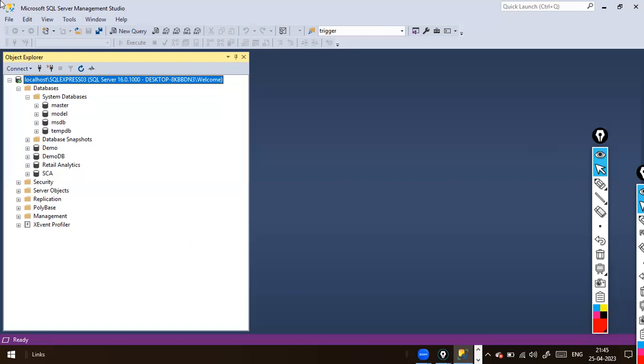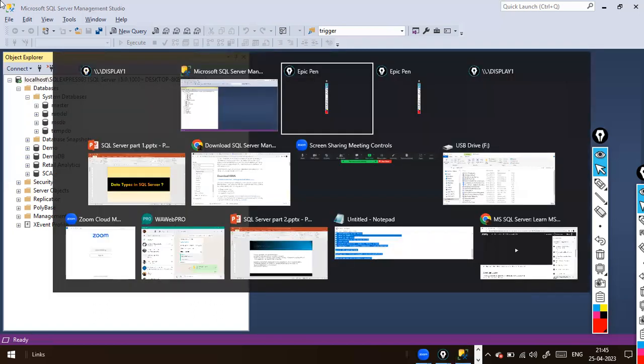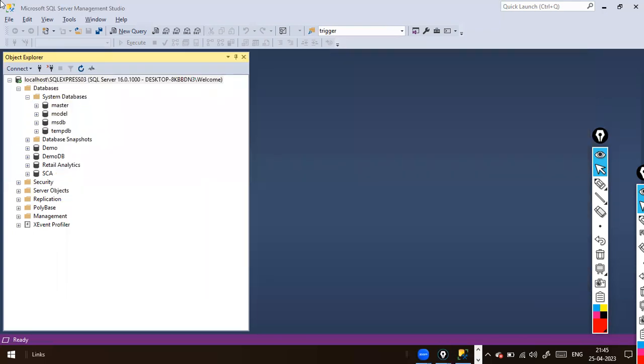Okay, we understood how to install the software, the SQL Server as well as the SQL Server Management Studio. Using SQL Server Management Studio, you can create the tables, you can execute the DDL statements, you can execute the DML statements, and you can use data control languages, DCL, also. We will see all these things step by step, don't worry. And the next step is